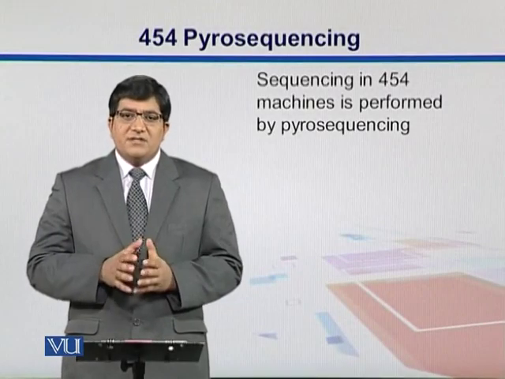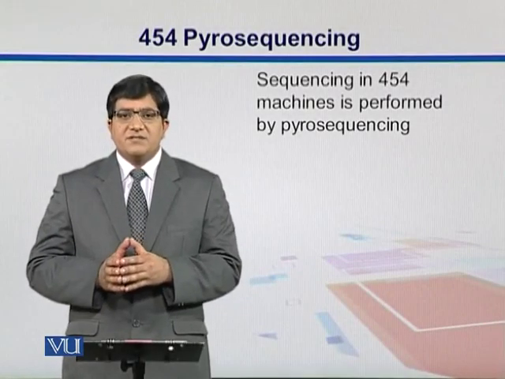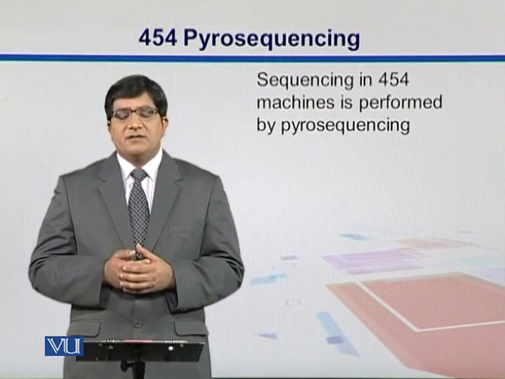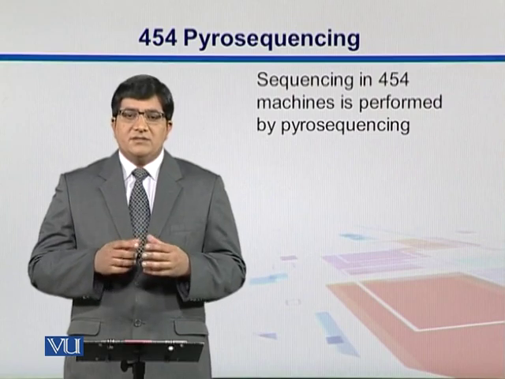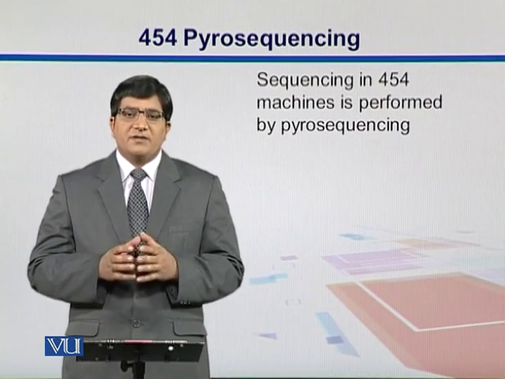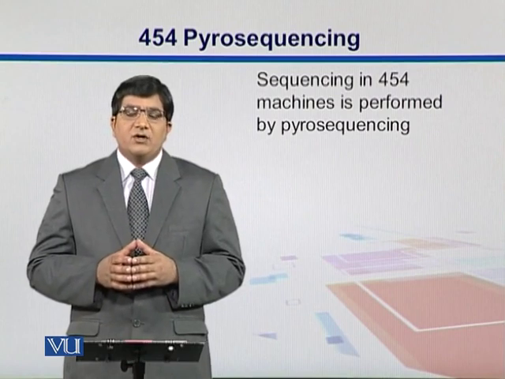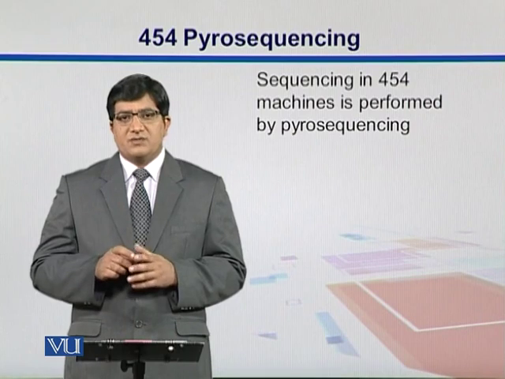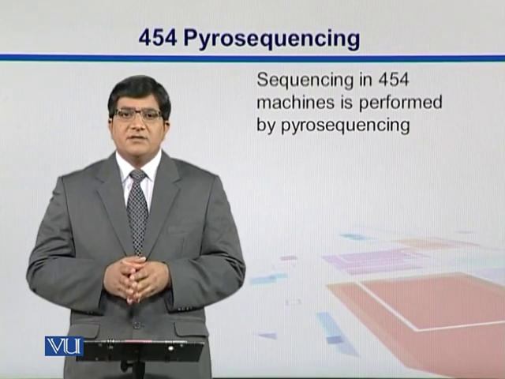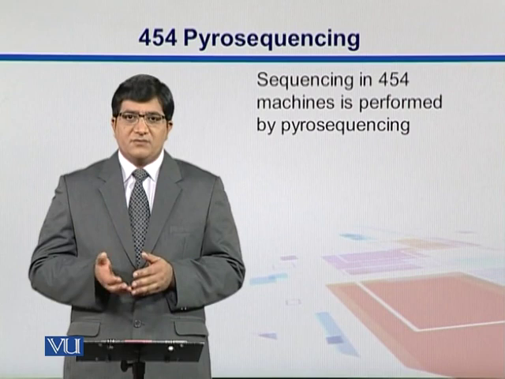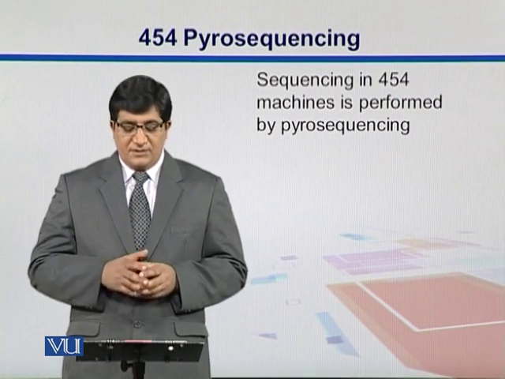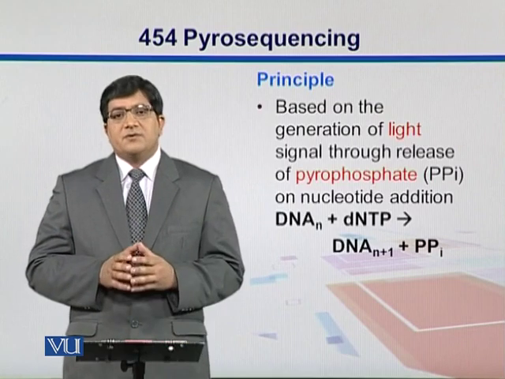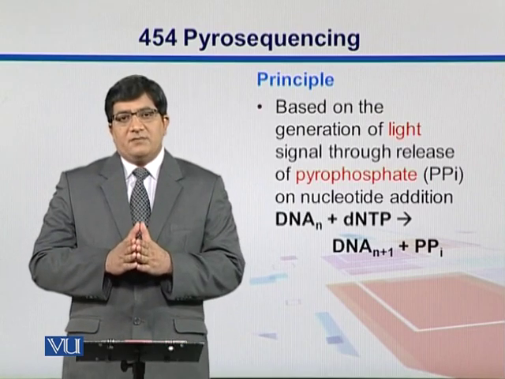Now next we see how 454 performs sequencing. So far what we have seen in the previous sessions is that in 454 the fragments are amplified in a process called emulsion PCR, and now those beads on which those amplified fragments are there will then be processed for sequencing. It performs sequencing using a technique which we call pyrosequencing, which is based upon the principle of